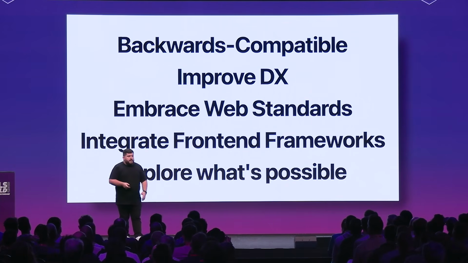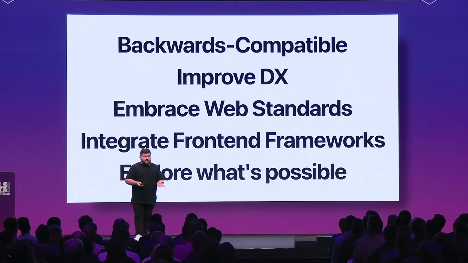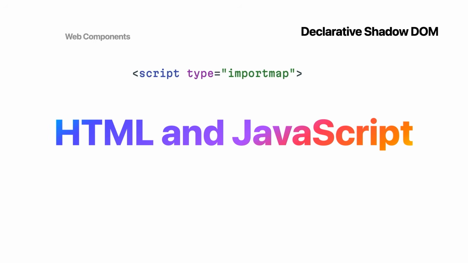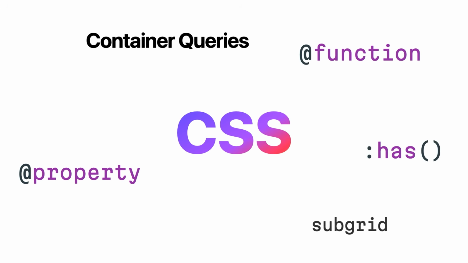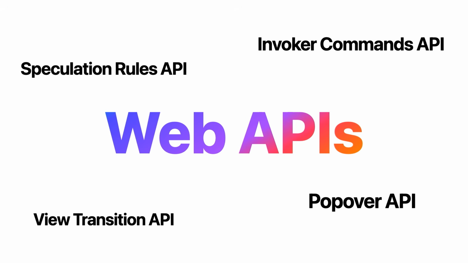So the design goals are to be backwards compatible, obviously. We want to improve the developer experience. We want to embrace web standards and see if we can integrate with other frameworks too, if possible. Over the last few years, we have seen a lot of improvements of the web platform in general, including web components, import maps, and also PWAs. In CSS, we have been seeing a lot of awesome improvements too, like container queries, CSS nesting, and now even functions. In the web APIs, we have the new view transition API, the popovers, and even now the super powerful